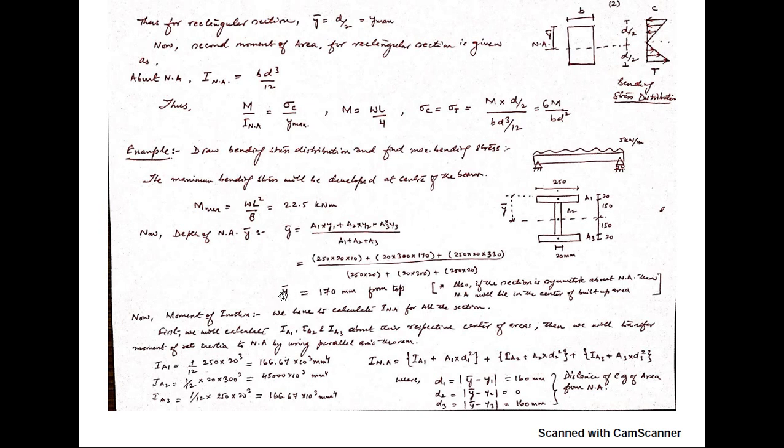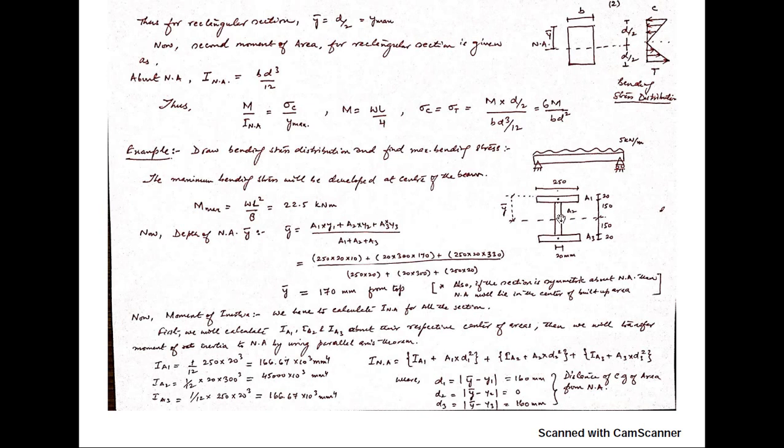So we are getting y bar equal to 170 mm from the top. So it is coming out to be in the center, because this built up section is symmetric about the neutral axis. When the area is symmetric about the neutral axis, you can directly calculate by dividing the depth by 2, because it will always lie in between. This is for symmetric sections only. If it is unsymmetric, suppose it was a T section, it won't be in the middle, so for that you have to calculate from the equation.